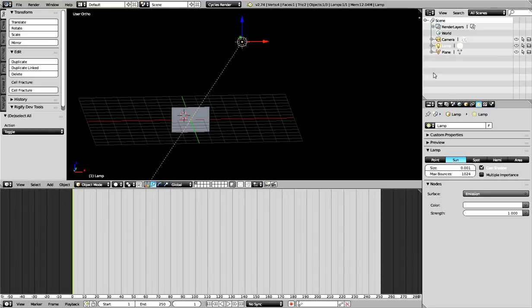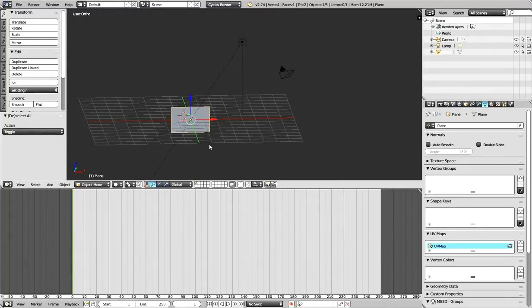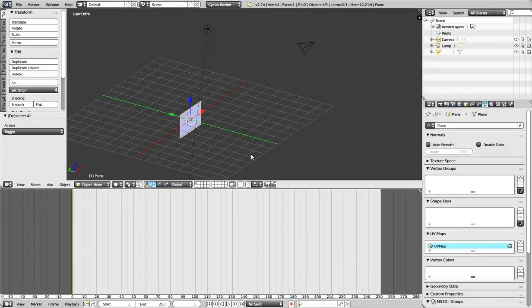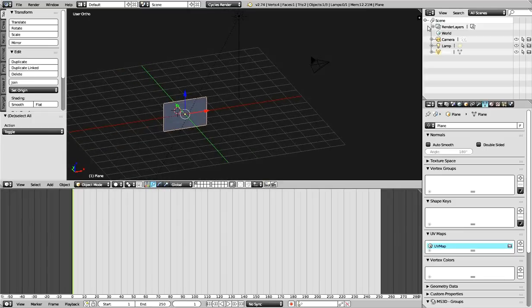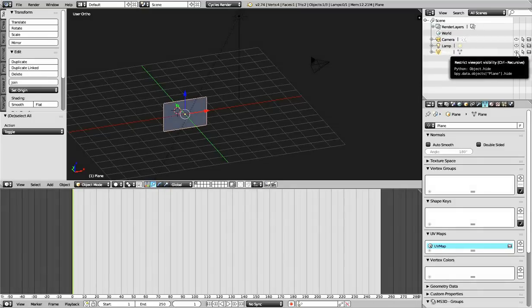And the last thing in this scene is this here. This is a plane. A plane is a flat object with no depth. It has four corners, and that's all. Okay, so that's the outliner. Here you see all the materials and what you build there. All apply is there. And this little thing here is this eye, and when I click on this eye,